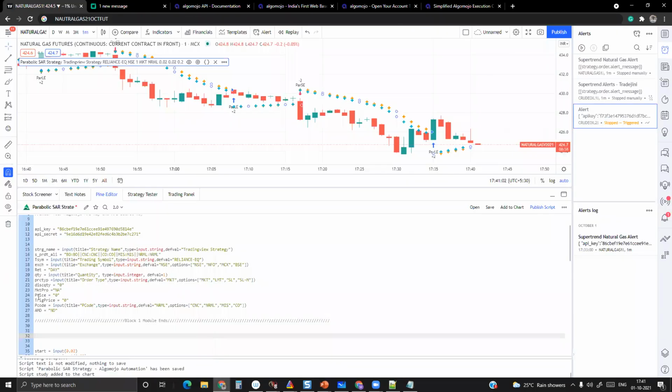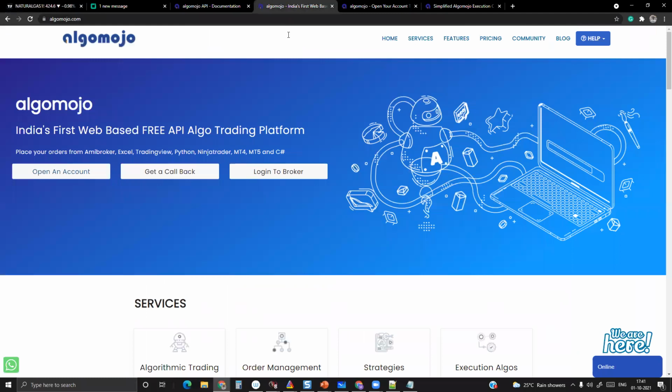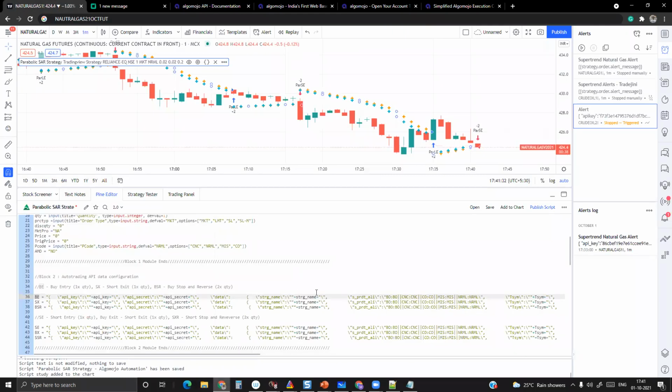Block 2 contains message structures. This is the kind of messaging structure. This messaging format is what I am calling using AlgoMojo, in a JSON format. This is JSON format data. I am filling those values dynamically. If a buy entry is happening, I will send a buy signal.